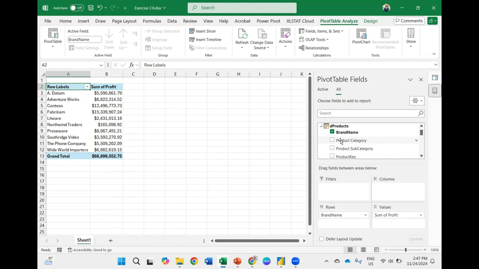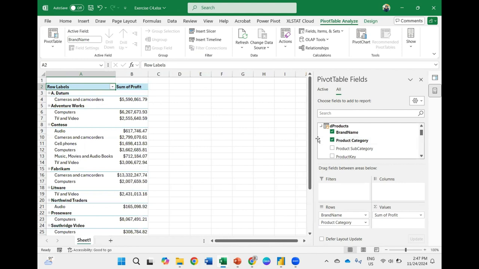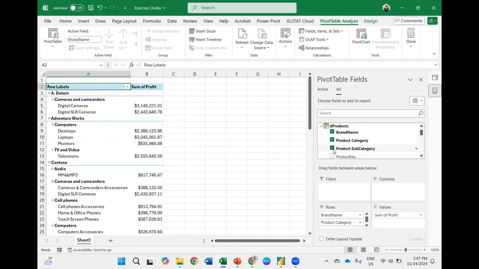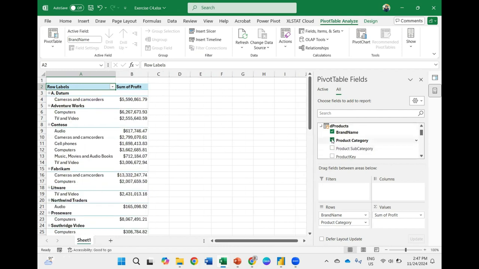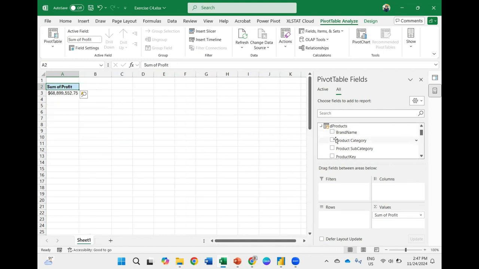Sometimes when you combine all the levels in one table, you can create a hierarchy in that table. For example, let's say I want to create one table that has brand and then product category. I have to create one by one here, and then we have a subcategory. This can only be done in one file, one table.